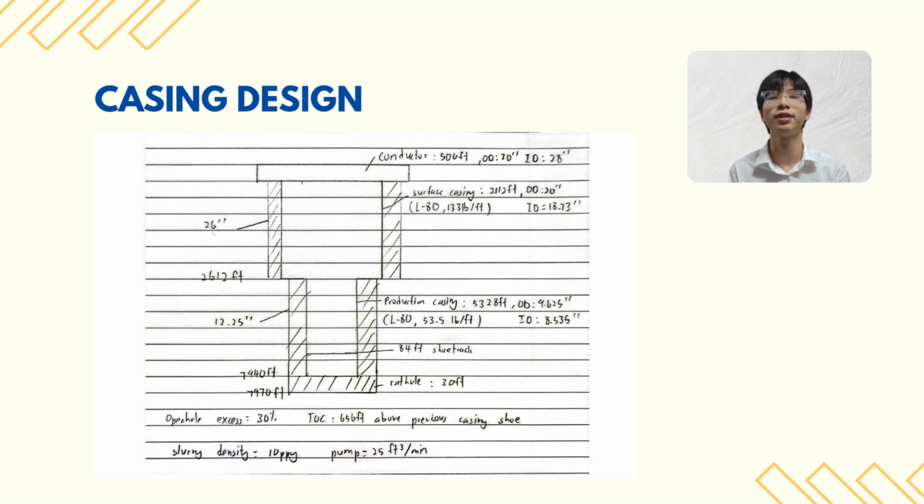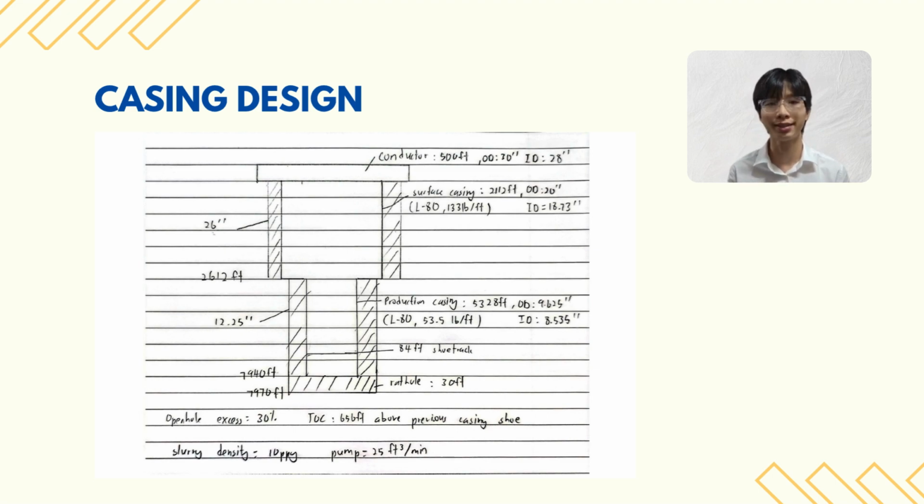So after we have calculated the intermediate casing and the surface casing, finally we can decide our casing design. This is the final casing design we are going to use. First of all, we have our conductor. The total depth is 500 feet, and the diameter is 30 inch, the inner diameter is 28 inch. We also add a bit size of 36 inch. After that, we have our surface casing, which is at a depth of